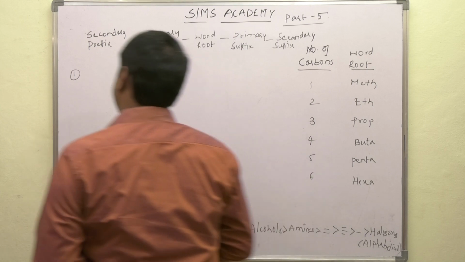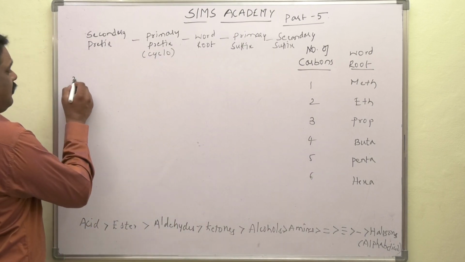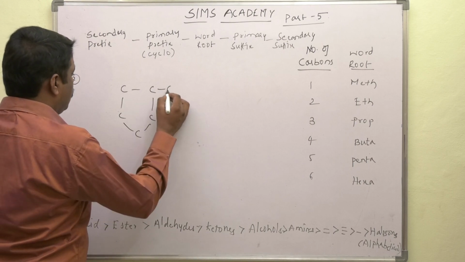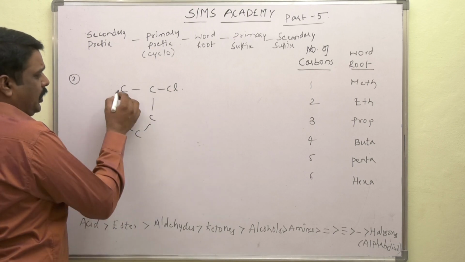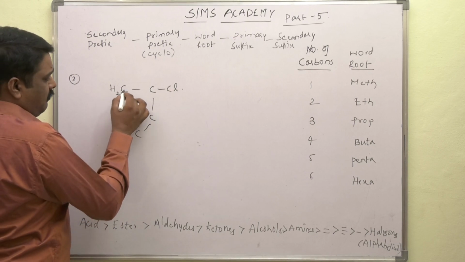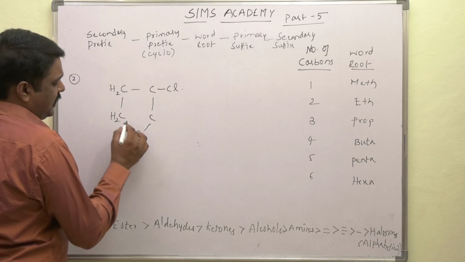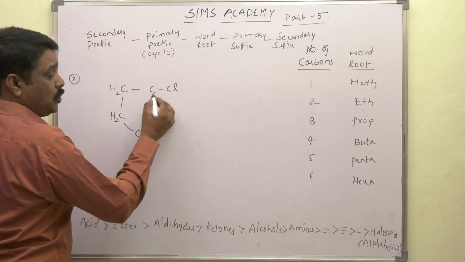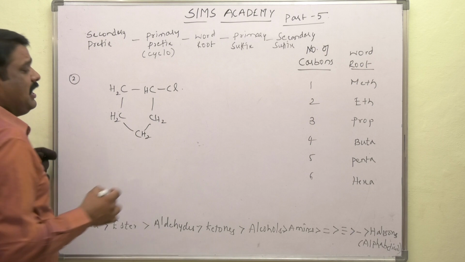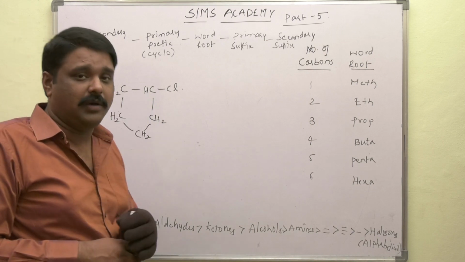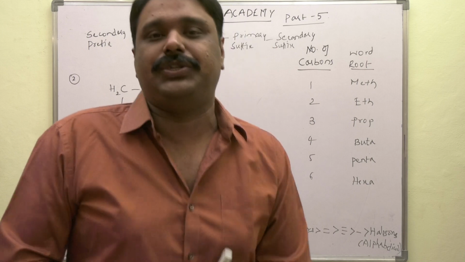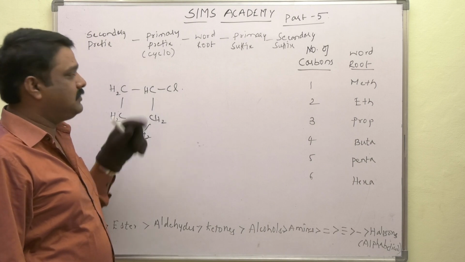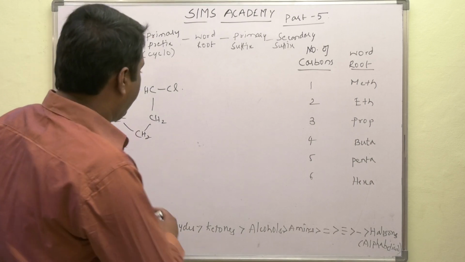Let us take a substituent. Mention a substituent, for example chlorine. 1, 2 hydrogen atoms. 1, 2 hydrogen atoms. 1, 2 hydrogen atoms. 1, 2, 3 bonds are present. Only 1 hydrogen atom. Why are we mentioning only 1 hydrogen here? Because carbon is tetravalent in nature. It always forms 4 bonds. 3 bonds are being filled up, hence 1 bond is taken up by hydrogen.